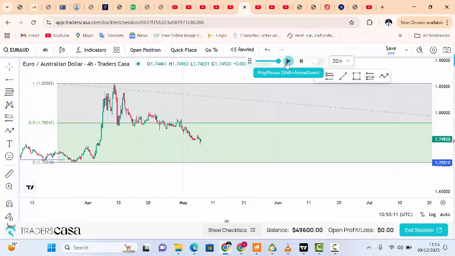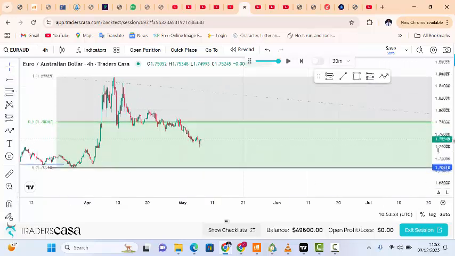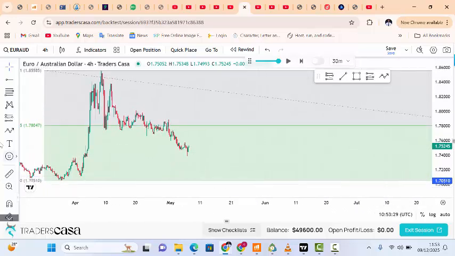Alright, so this is Trader's Casa. I've sent it to us already. Okay, so this market, this is the substructure, right? This is substructure. So we can see if I'm to zoom out this substructure, don't worry, I'm still going to choose this thing though. All these things I'm saying. If I'm to zoom this out,